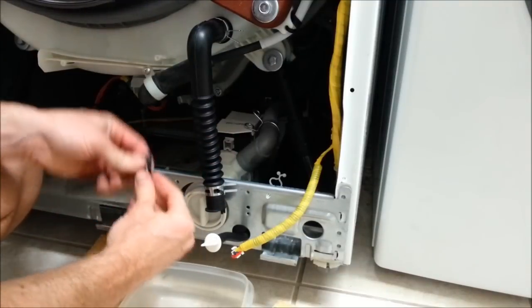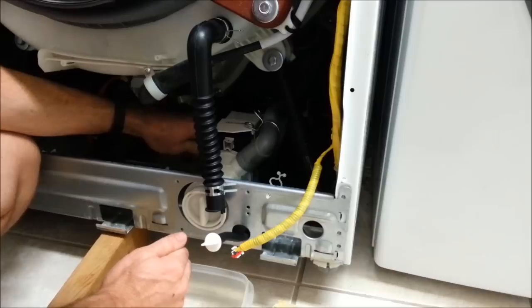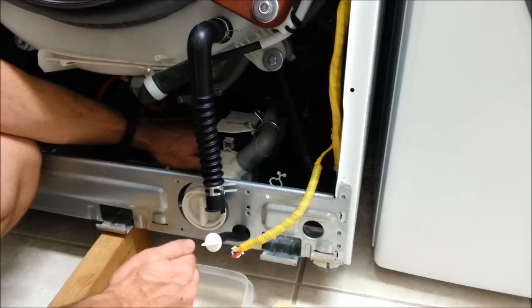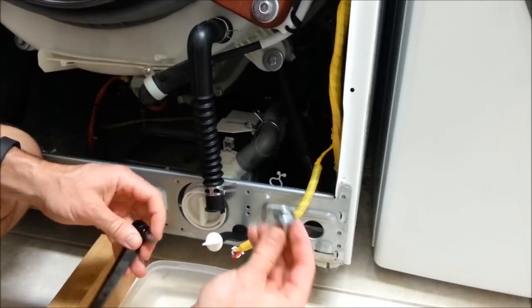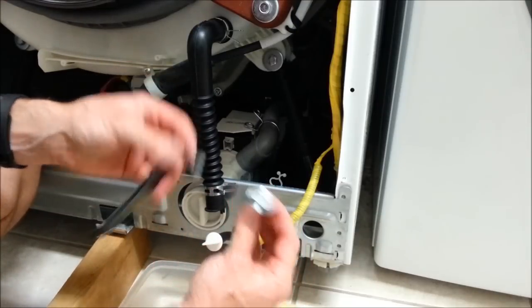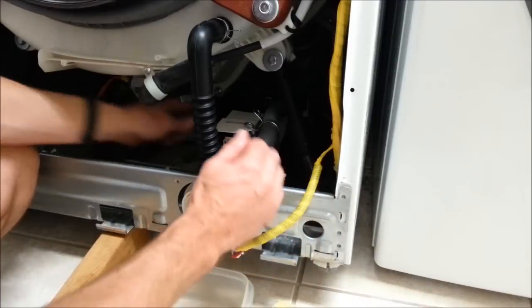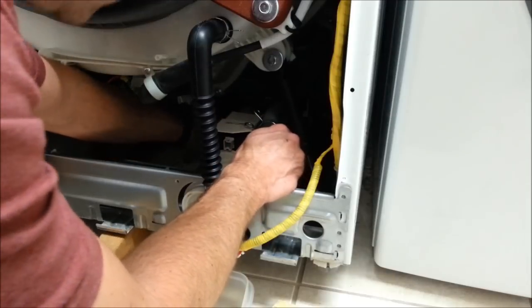Okay. I'm going to take off the mounts for the entire pump assembly. There's two. May need a ratchet, but it's got Phillips head. Just use that. If you can't get it off with the Phillips head, use a ratchet. Okay,